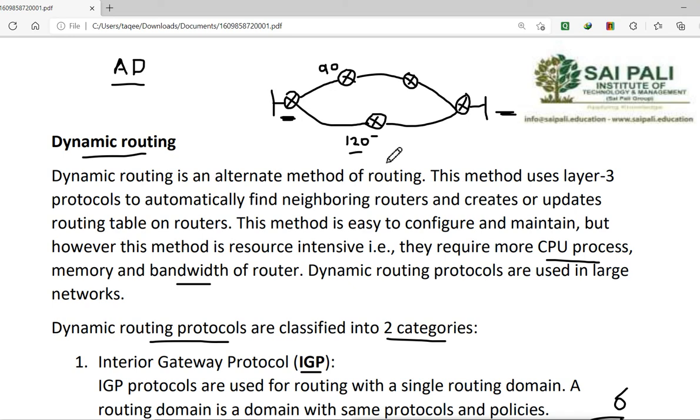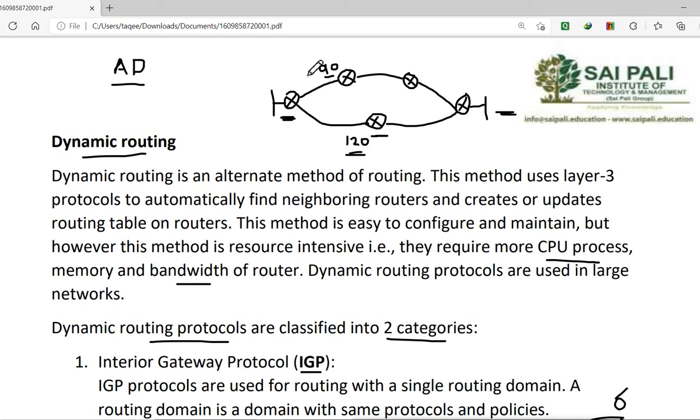So if, for example, in these two paths we see that this path is a short path, that means it has only one router, so we can reach fast. But the AD value says it is 120, and this other path is a long path, but the AD value says 90. So the router will always take this path.